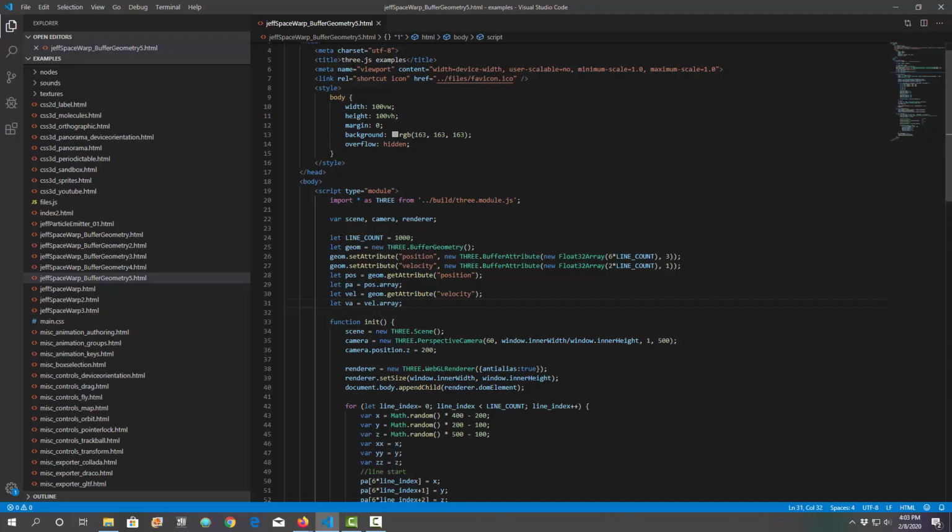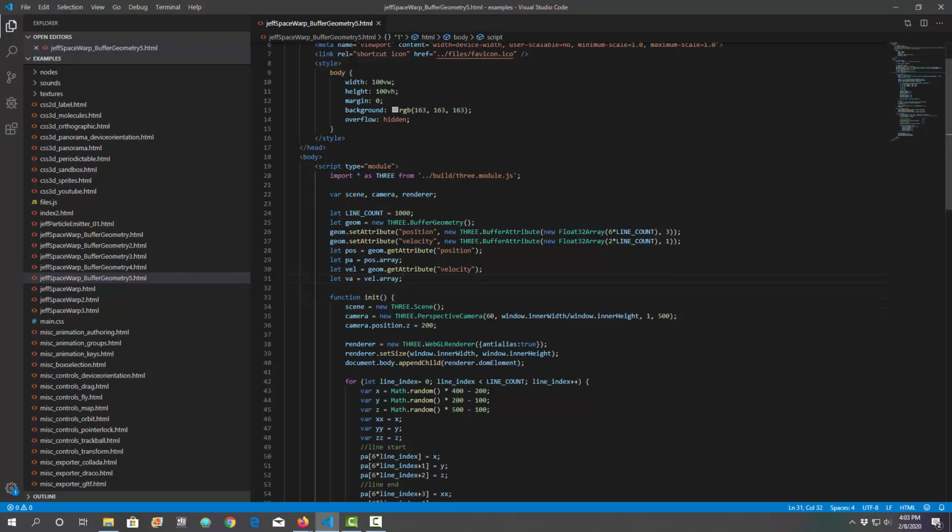Don't let the var and the let get you. This is just how I did it. It worked both ways, whether you use var or let. So I just make this variable line count. So I'm going to do 1,000 lines, and what I have to do is set up buffer